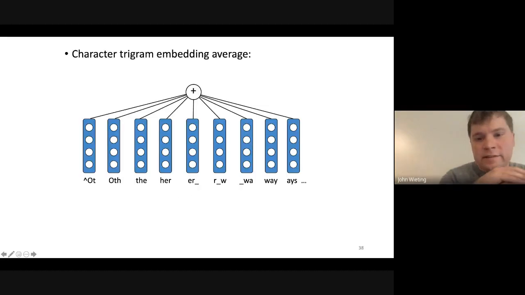What it looks like is, for sentences, usually trigrams work really well, and you keep the space at the beginning of the sentence. You incorporate spaces as part of your vocabulary. So you move this window across your entire text, each character window extracts a new embedding, and then you pool them together.